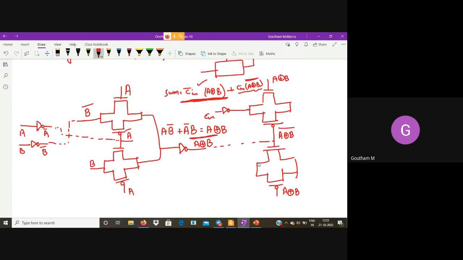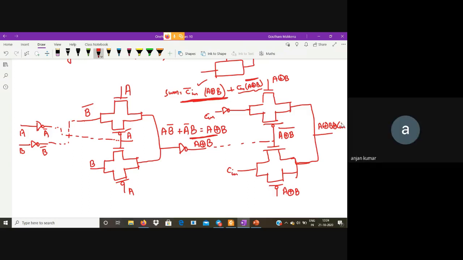Now if I put Cin over here, this bottom transmission gate is now generating A XOR B whole complement into Cin. So now I join these two together. What do I get? A XOR B XOR C, isn't it? Yes, do you agree with me?